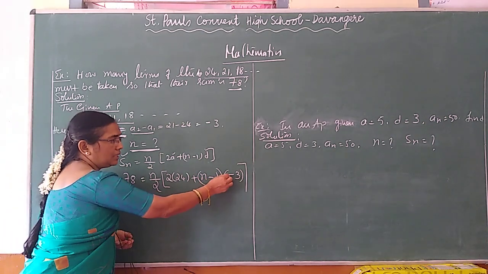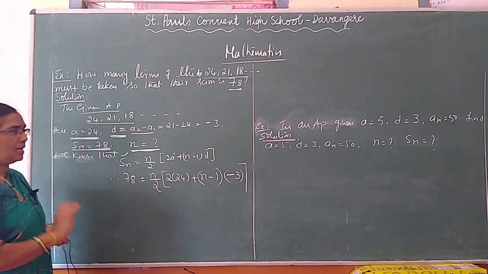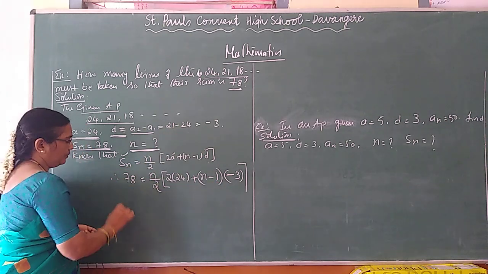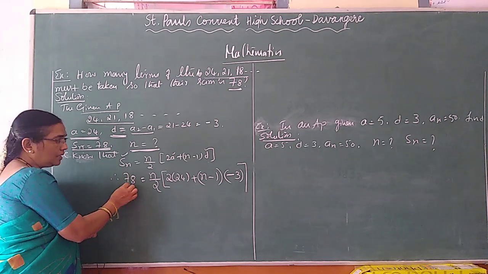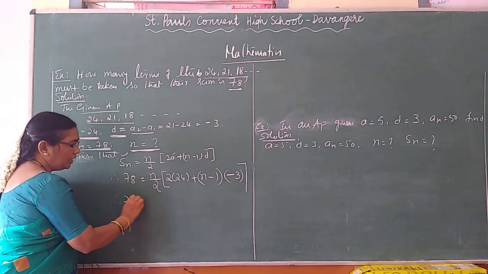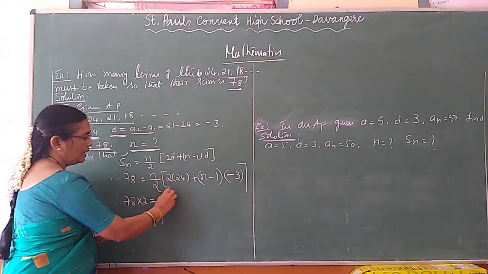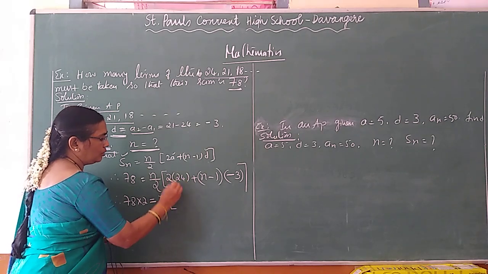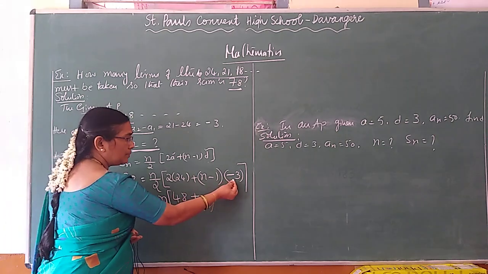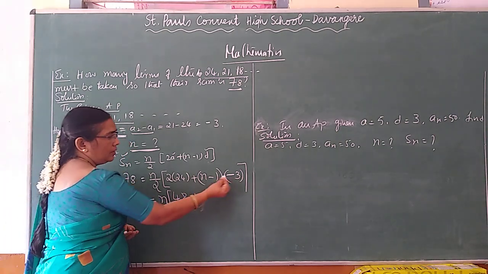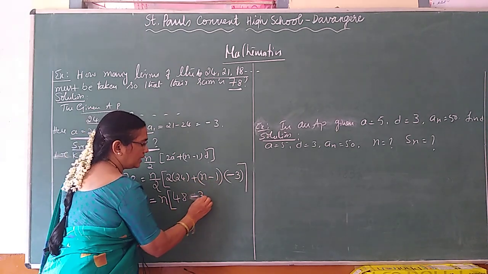You understand, children, minus is very important. When doing multiplication, our values do not change when you substitute the correct value. Now we do the cross multiplication because it is easy to multiply. 78 into 2 is equal to N, you keep as it is, into 24 into 2, that is 48, plus this minus is multiplied with the N. So minus into plus minus, then 3 into N is 3N.